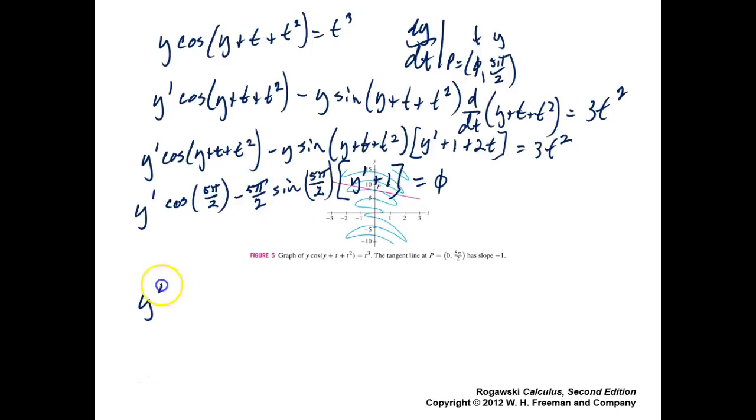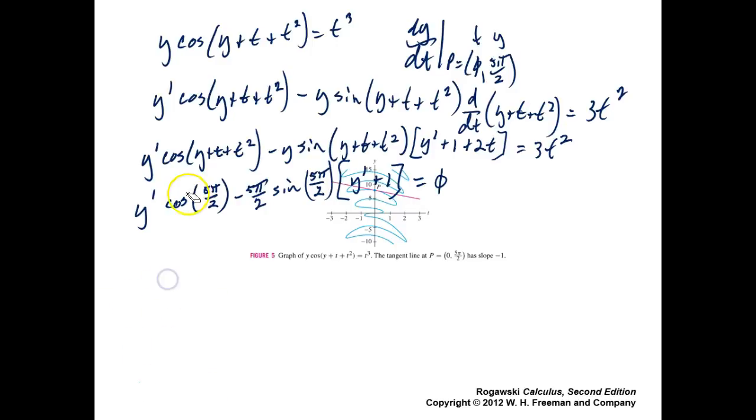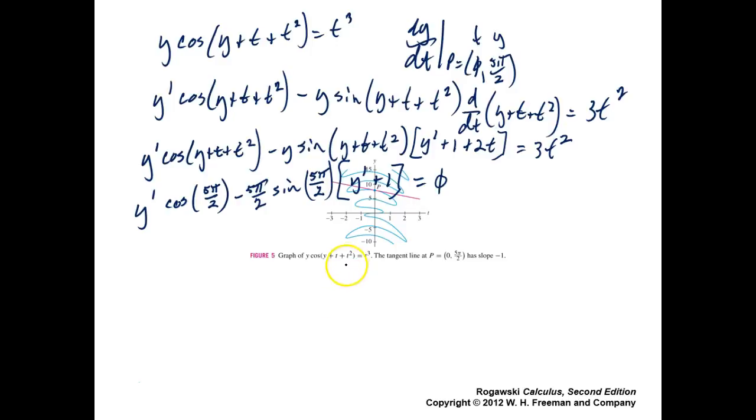Okay, so let's again multiply through here. We get y prime times the cos. Well, wait. Let's hold on a minute. What is cosine of pi halves? We've already been through that, right? That's 0. So if cosine of pi halves is 0, what is sine of 5 pi halves? Let's do the graph of a sine. It starts at 0, and at pi halves it's at plus 1, then it's 0 again at pi, then it's minus 1 at 3 halves pi,